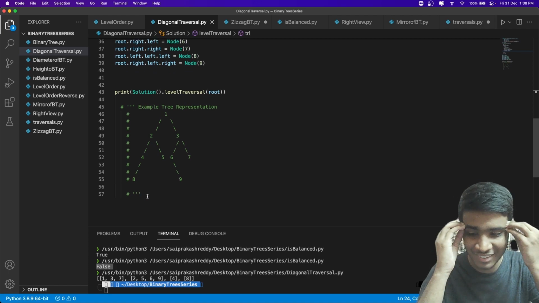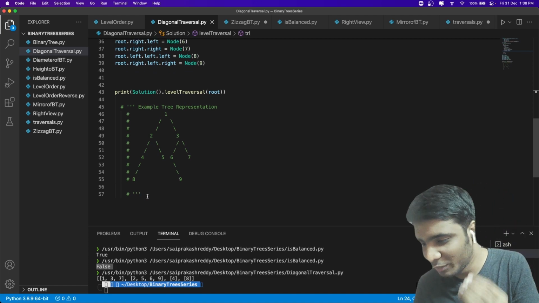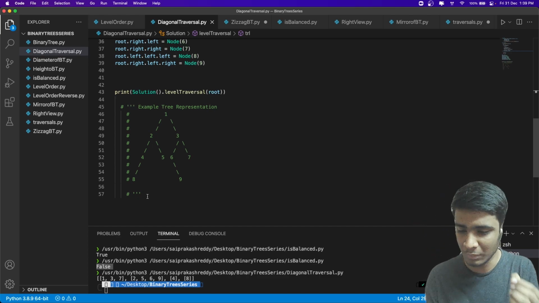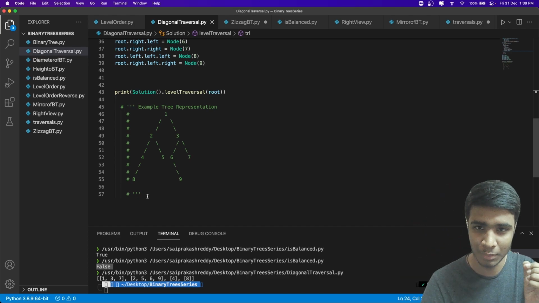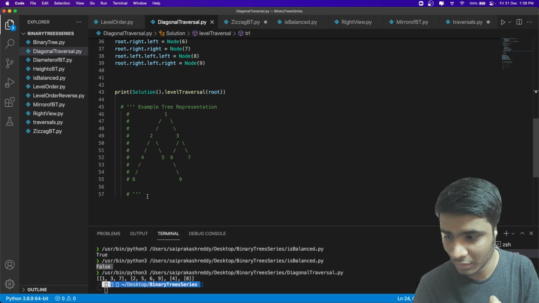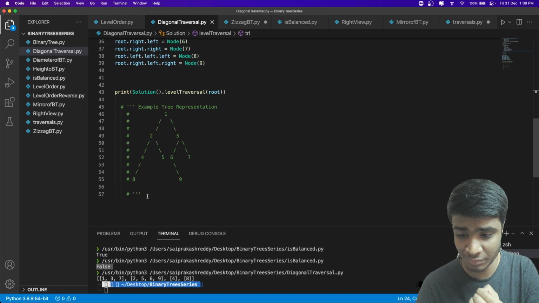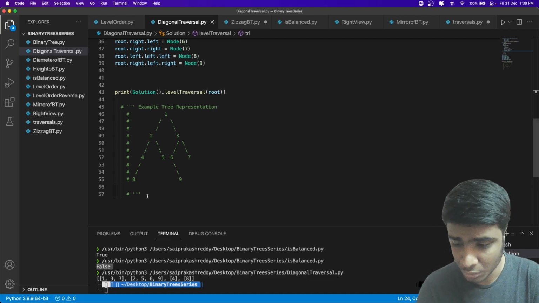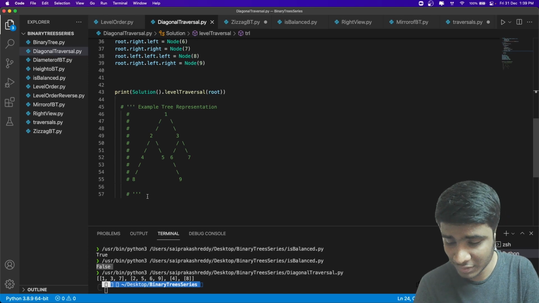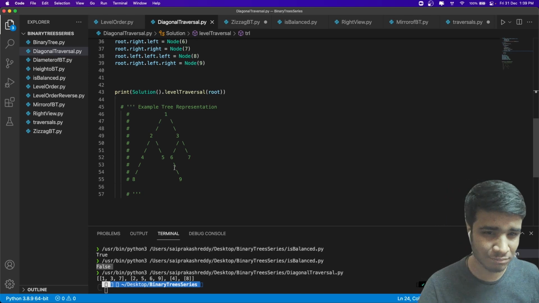So that's mind blowing actually, right? All we did is just remove plus one from the level of the traversal, and we got the diagonal traversal. So that's the beauty of recursion, and I love recursion for this simple reason. In order to solve diagonal traversal, all we need is a simple observation.